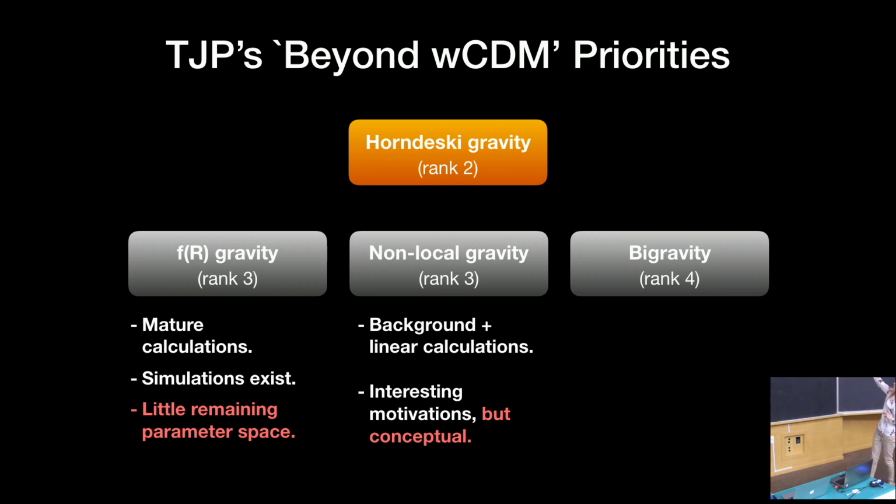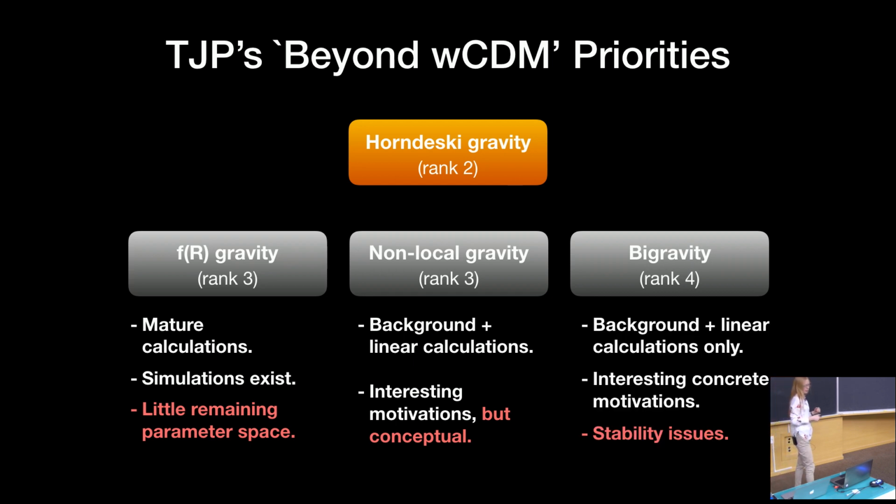And finally, bigravity is this idea that you could have a second tensor field in the universe that couples to your metric. Okay, so you've got the space-time metric of GR, and you have this thing that is almost like a second metric interacting with it. And this theory was really popular a couple of years ago. The downside is that only a short time ago it was discovered to have some of these pathology issues that I spoke about earlier. And so it's kind of on the back burner. Maybe in time theorists will work out how to avoid those pathologies, but right now we don't know how to do that.